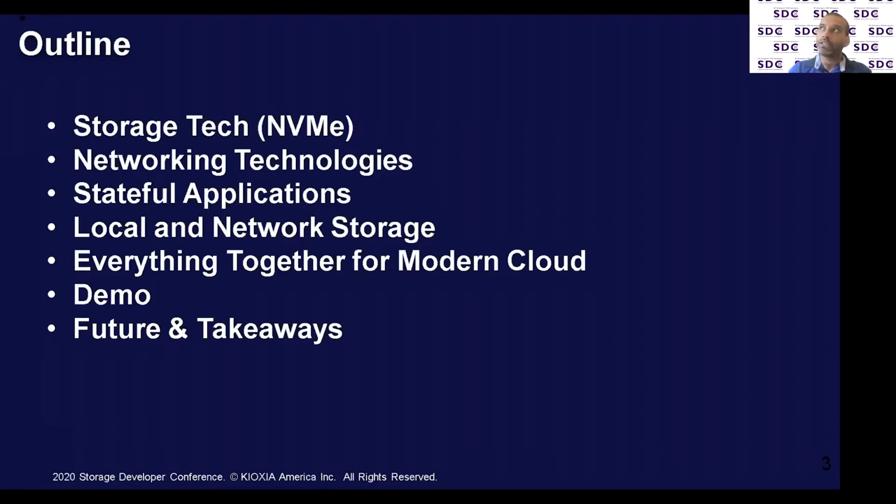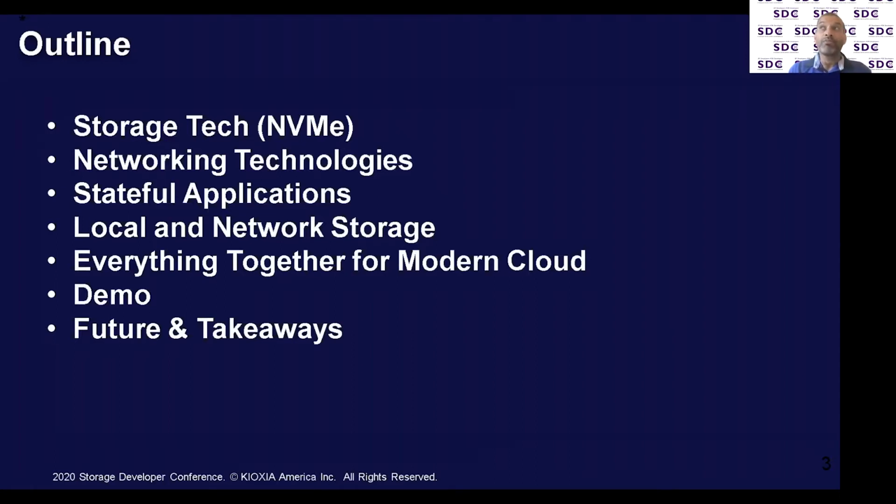Then we will see how local storage versus network storage has their benefits and can be used in cloud technologies such as Kubernetes.